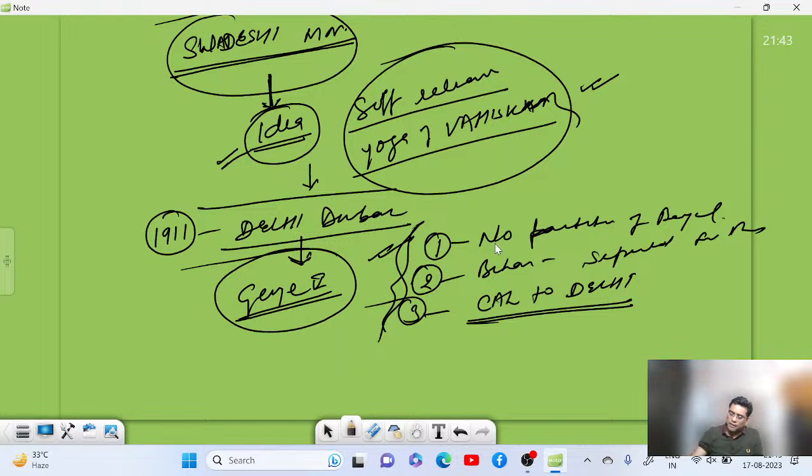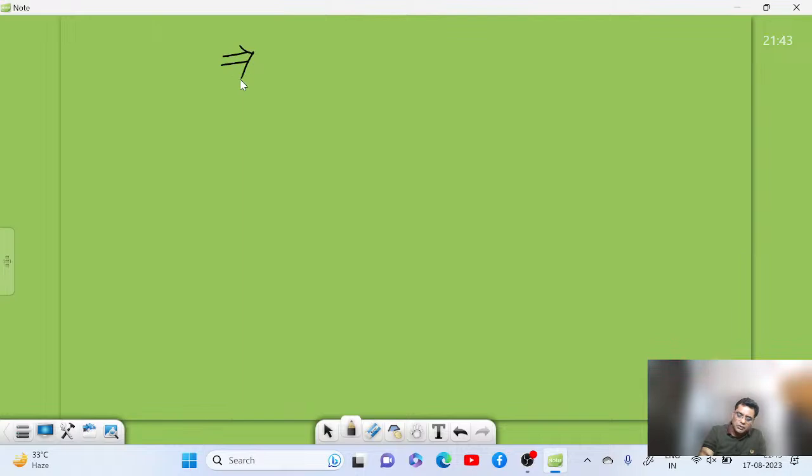So no partition of Bengal. Bihar was separated from Bengal and the capital of India shifted from Calcutta to Delhi. So with this announcement, the Swadeshi movement and anti-partition movement came to an end. But the anti-partition movement not only encouraged moderate politics or further strengthened the Indian national movement, but extremist politics had got huge momentum